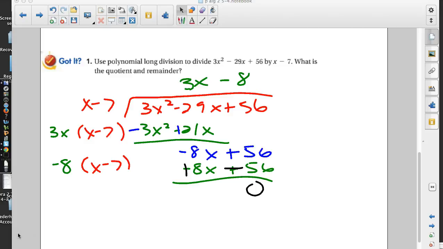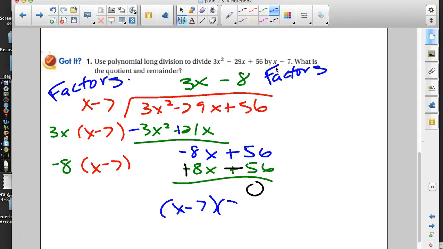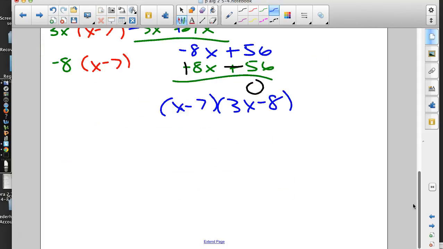Don't get one. We don't. So that means these are both factors of 3x squared minus 29x plus 56. That means if we pulled them back together, x minus 7 times 3x minus 8 would get us that original,